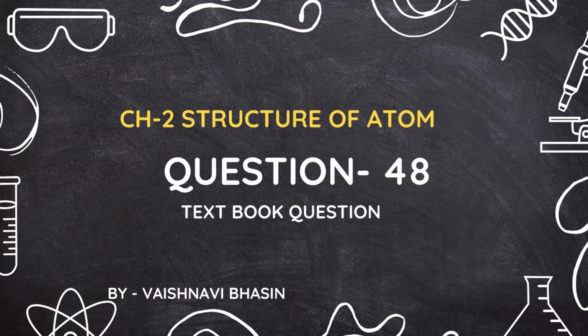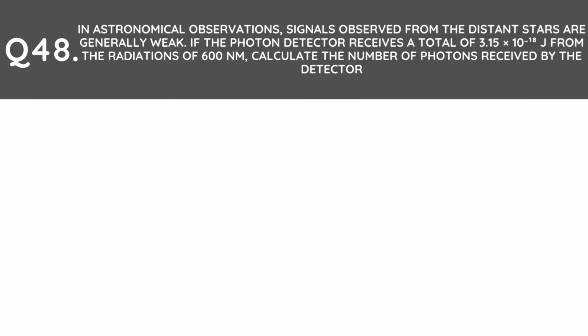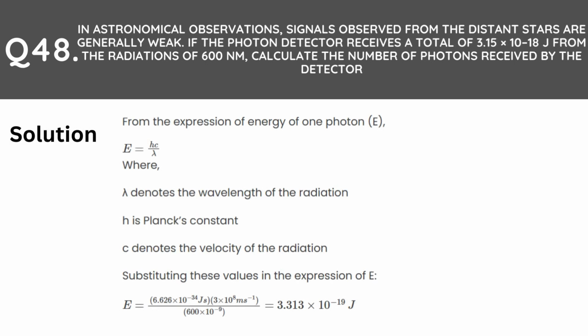In today's video, we are going to solve the textbook question 48 of chapter 2, Structure of Atom, of Class 11. So the question is: in astronomical observations, signals observed from the distant stars are generally weak. If the photon detector receives a total of 3.15 multiplied by 10 raised to the power -18 J from the radiations of 600 nanometers, calculate the number of photons received by the detector. Solution: from the expression of energy of one